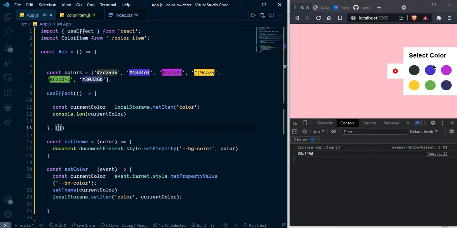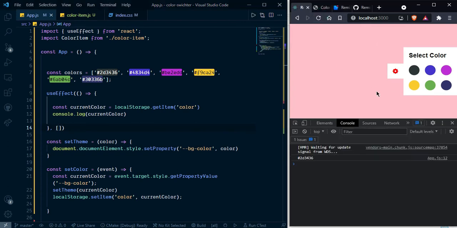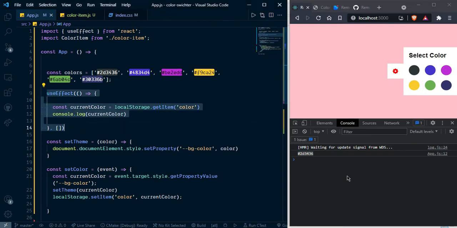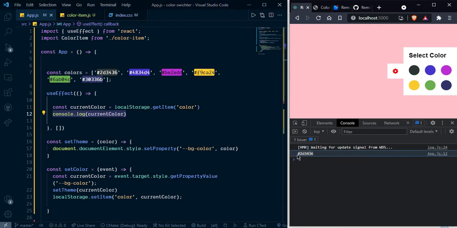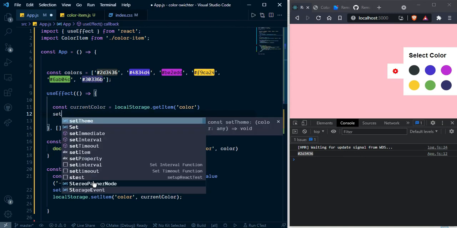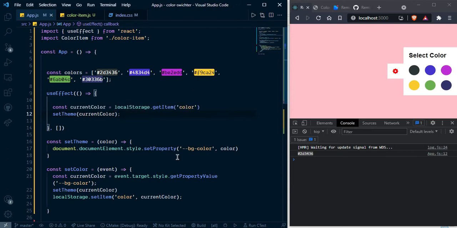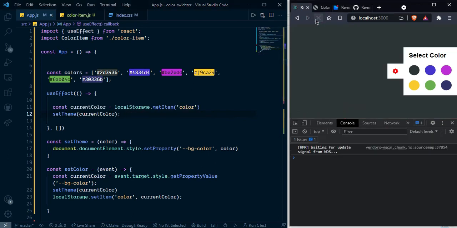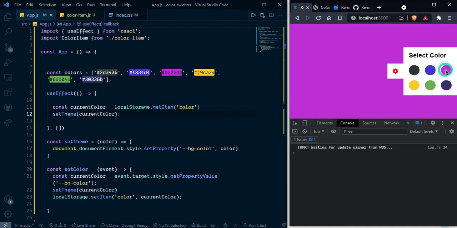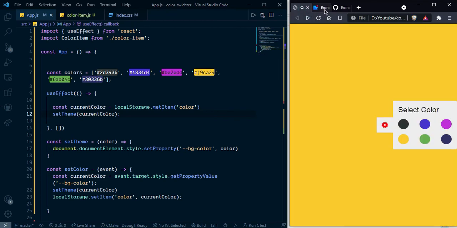Now whenever we refresh the app and it is started, it first calls this use effect, and now here is the console color code. Now I'm going to set this color code. So how can we do that? Simply set theme and pass current color here. Now as you can see, now select this one and cut this one,